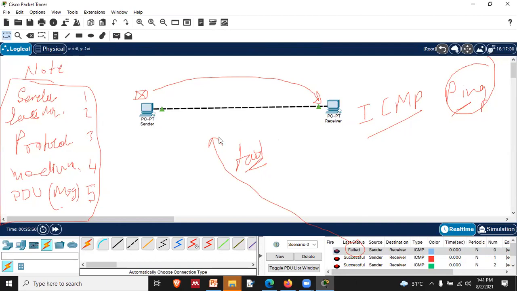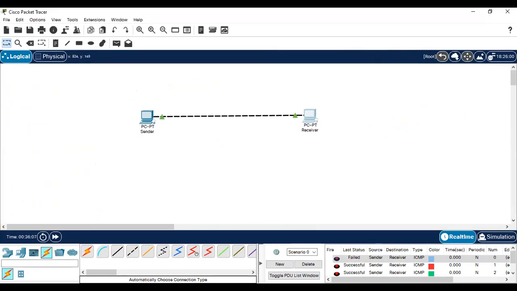Any doubt till now? Yes, class, if you want to ask, please ask. I will give you some amount of time to install this Packet Tracer. You simply go to Google, type Packet Tracer and download it. Once you get that file, just install it with minimum 2 or 3 steps.